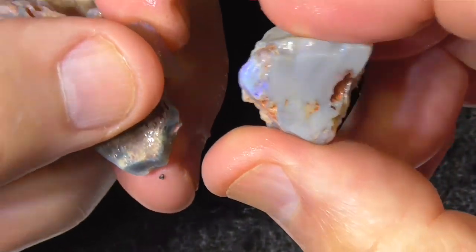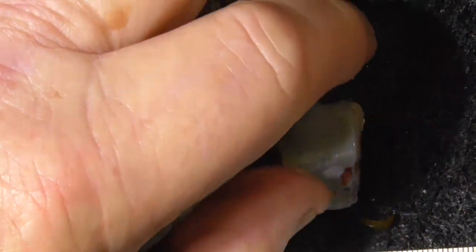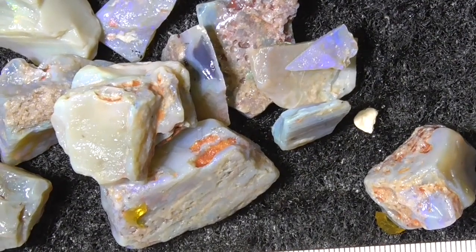Bit of crystal, another piece. Anyway, I'll throw a couple more bits in,